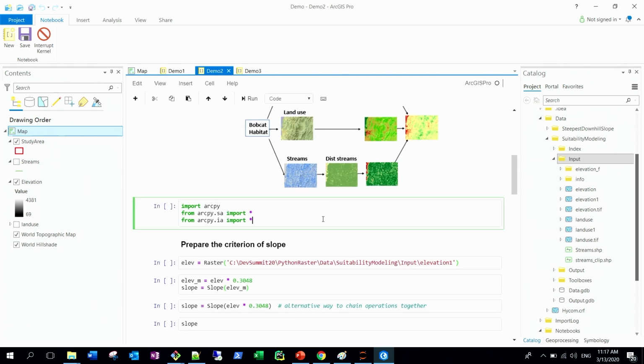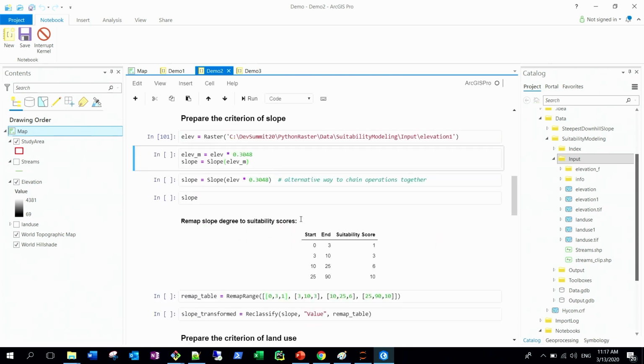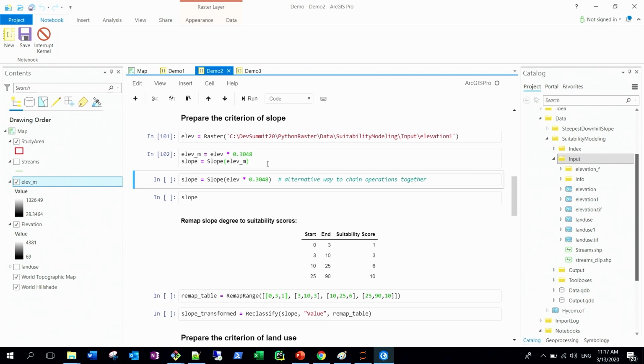Still, we need to first import relevant modules. And in the first section, we're going to prepare the criterion of slope. So here I'm reading the elevation data, and I'll have two map algebra expressions here. The first line is that I'm trying to convert the vertical unit of my elevation data from foot to meter. And then I'm going to call the slope geoprocessing tool to calculate the slope based on the elevation data. And I can also use one simple map algebra expression to chain those two together,